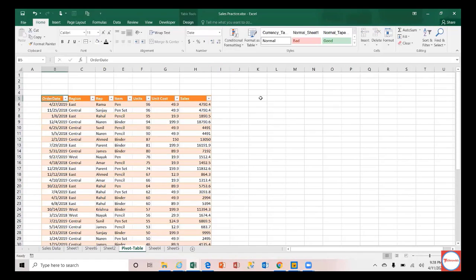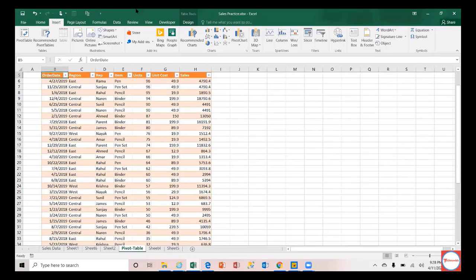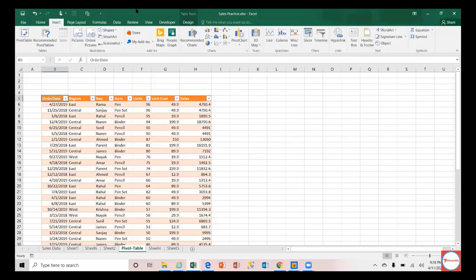The same concept you can apply to the pivot table also. What is a pivot table? A pivot table is nothing but summarized data. For example, this has about 48 rows. If I summarize the sales by region, it's just 3 rows. So that's the use of a pivot table: you get to see the data in a summarized way. I want to create a pivot table as well as a pivot chart in one click of a button.